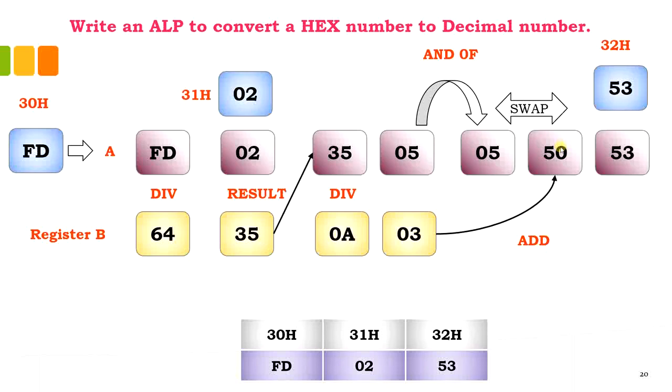Okay, so as I said, the content that I am going to use in this case would be FD, and in order to store the input data, I am using the memory location 30H. So 30H will have the input FD. First thing we are going to do is move it to the accumulator, because division has to be performed with the help of the accumulator. So the accumulator now has FD, and the first step is to divide it by 64H.